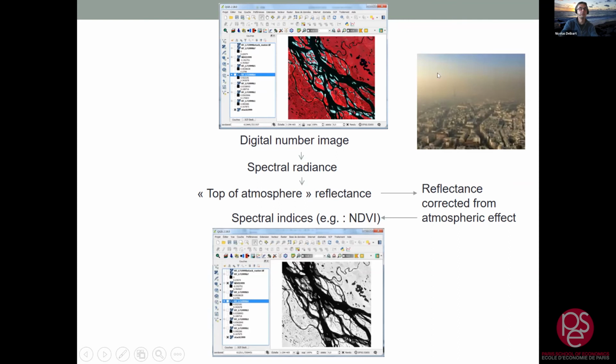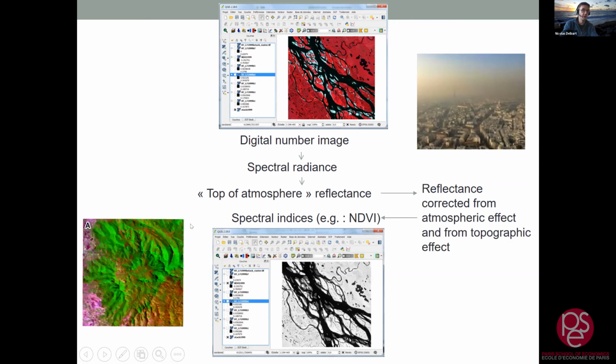And you can see the sky is not very clean on the day of this picture. And if you are looking at remote sensing images, it is the same. What you see is disturbed by what is included in the atmosphere. So very often, if we want to make an analysis based on a spectral index, we will not derive it from the top of atmosphere reflectance, but we will try to correct at least partly the atmospheric effect before calculating an index like NDVI.